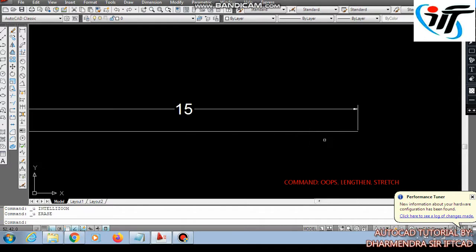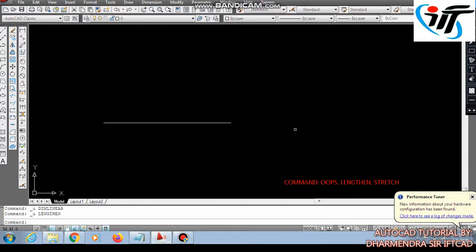Once again activating lengthen command, LE enter. Now percent, the total line is all about 100%. If you want to decrease the size, we will provide less than 100% measurement, and if you want to increase the size, we will provide more than 100.